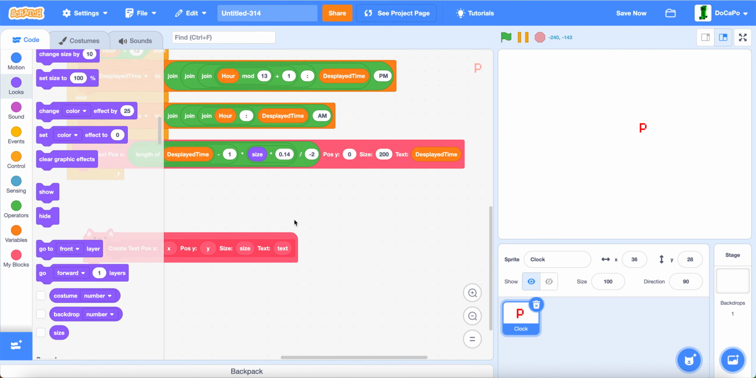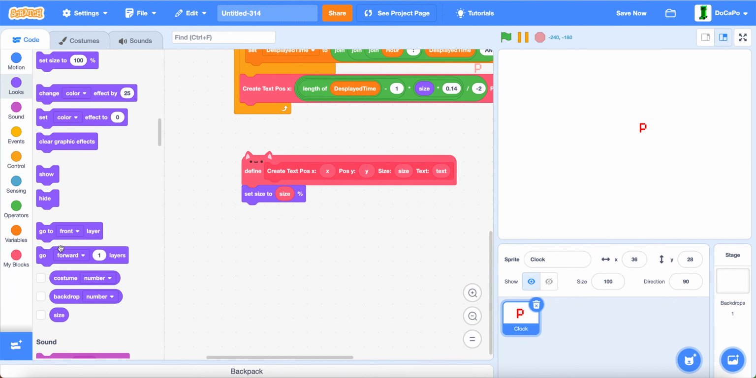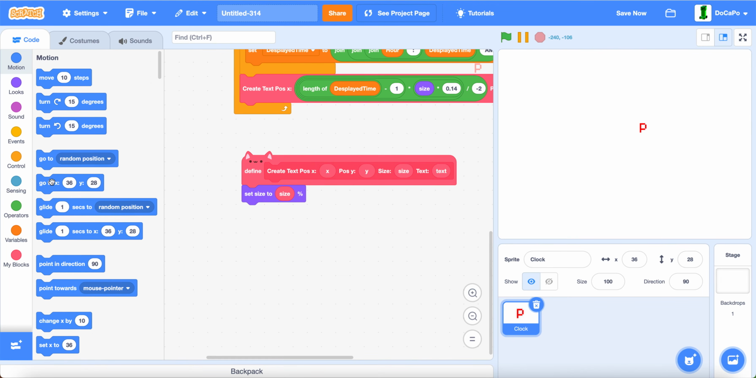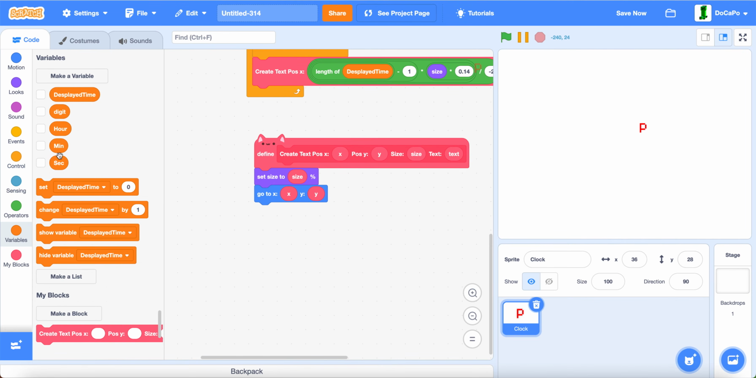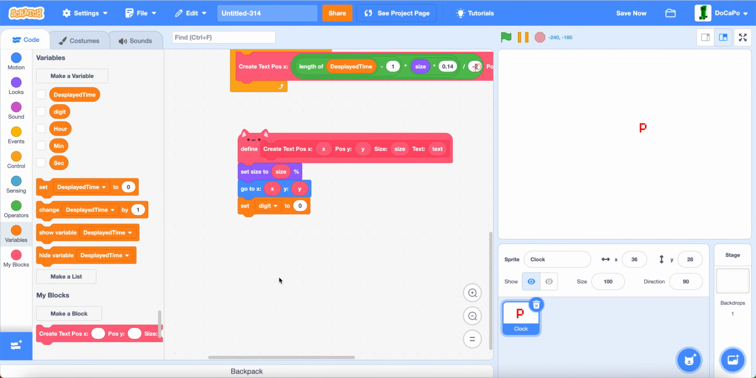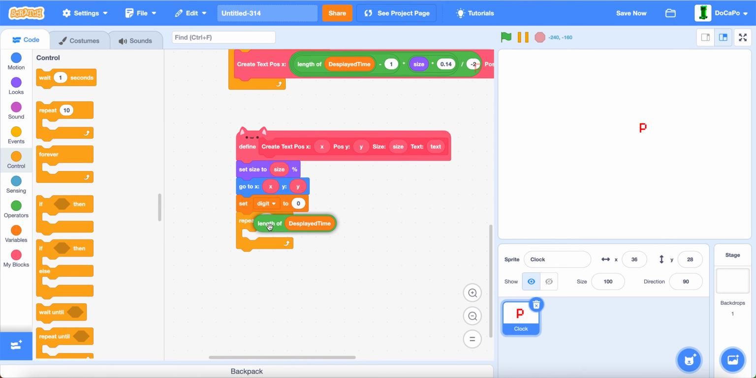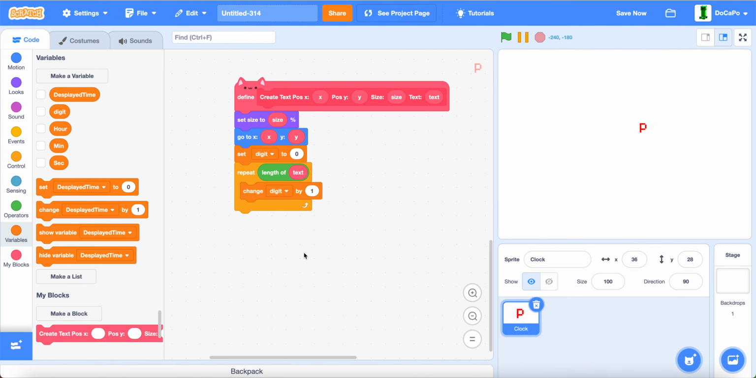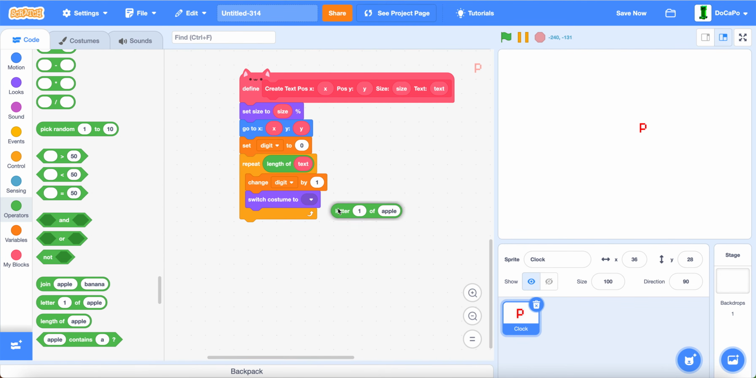Now, back in here, set size to size, set color, actually set go to X and Y, create a new variable named digit for this sprite only, set digit to 0, then repeat length of display time, actually length of text, then change digit by 1, switch costume to letter digit of text,